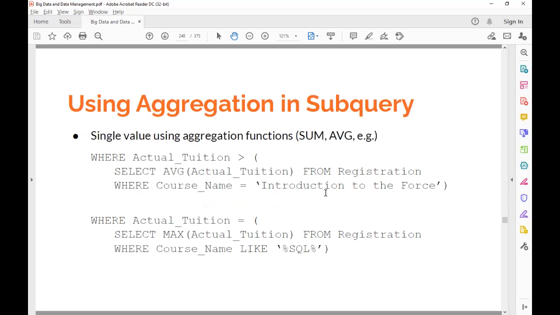For example here, if I want to see a single value using where actual tuition greater than the average actual tuition, right? So what if I want to see the actual tuition greater than the average tuition of all the courses in Introduction to the Force? This is how you do it. You write a where clause: where actual tuition greater than, select average of actual tuition from registration, and apply whatever where clause you want to apply. This average returns you